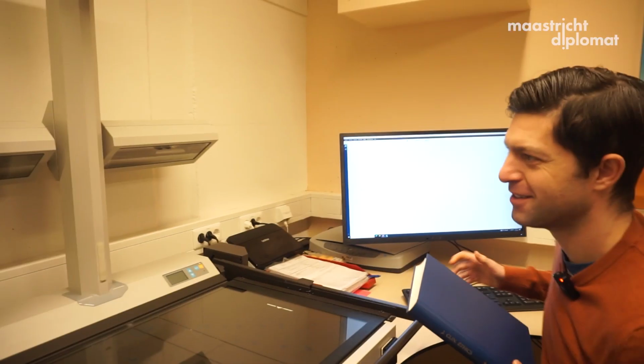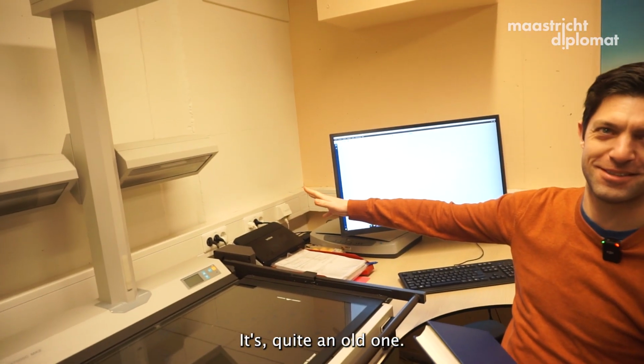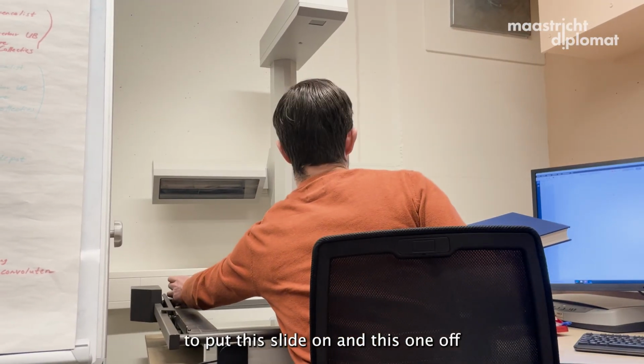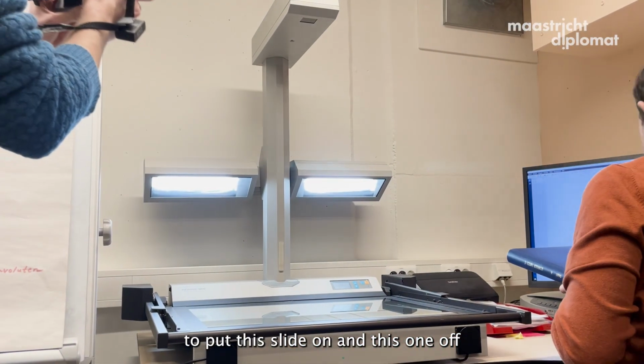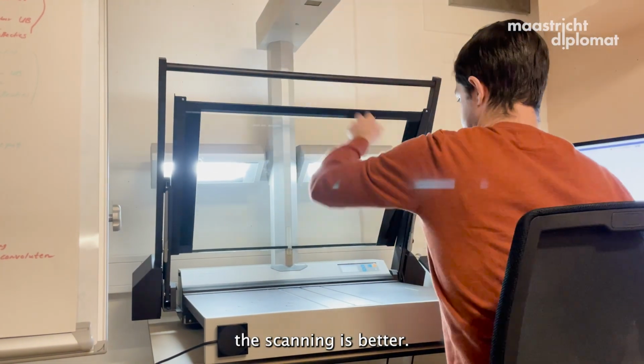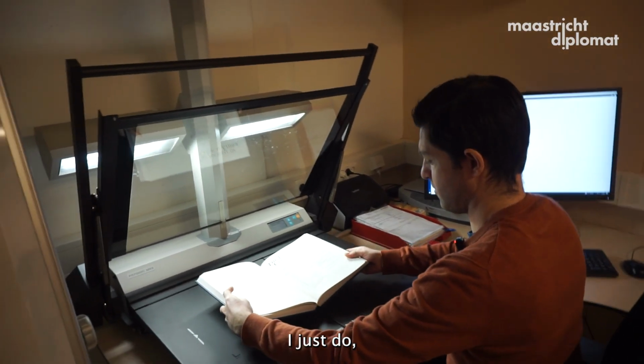And this is Eduardo. It's quite an old one. It's already outdated. Yeah. I have to put this slide on, this slide off. For scanning, it's better. I just do